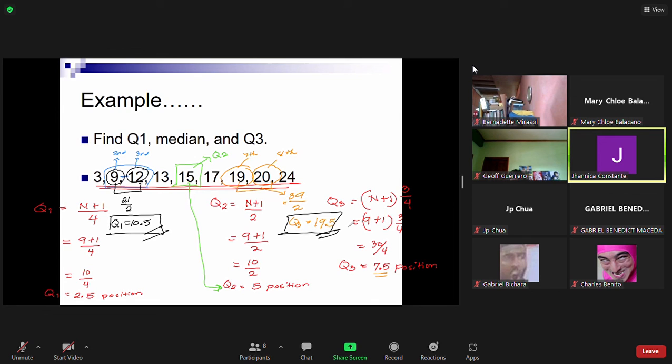So when you are solving for quartiles, percentiles, and deciles, the set of data should be in ascending order. Dapat naka-arrange. So you are going to arrange first the set of